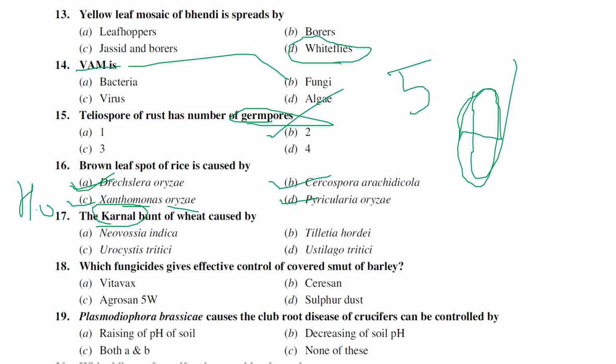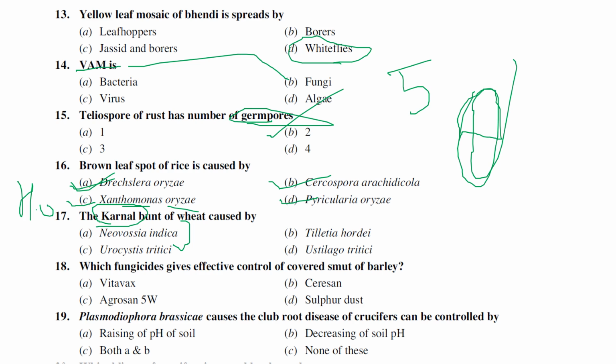Mitra named the disease Tilletia indica. Later B.B. Mundkur changed the name to Neovossia indica. Again, a couple of other scientists started questioning why we need to rename it Neovossia indica. Mundkur reassigned this genus from Tilletia to Neovossia because when the sporidia are produced, the characters of the sporidia are much more similar to Neovossia. That's why B.B. Mundkur renamed this bunt fungus, that is Karnal bunt, as Neovossia.